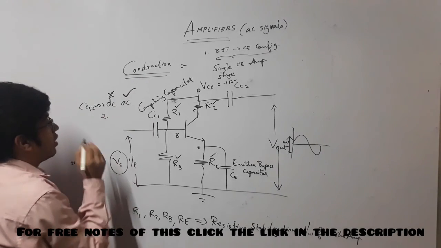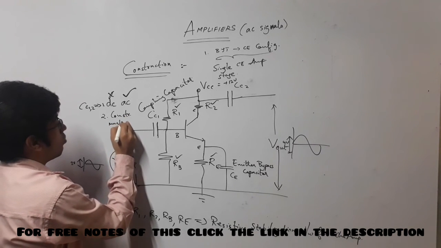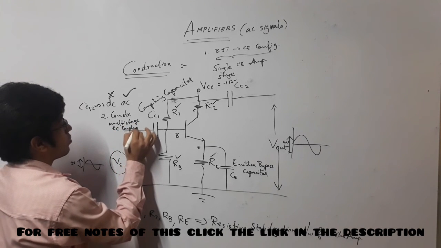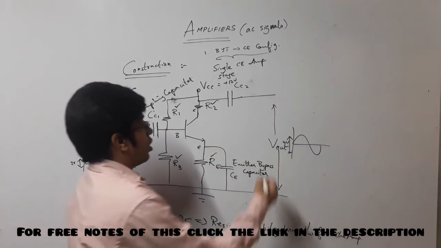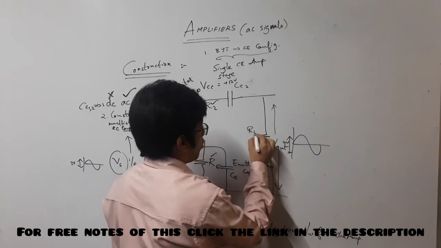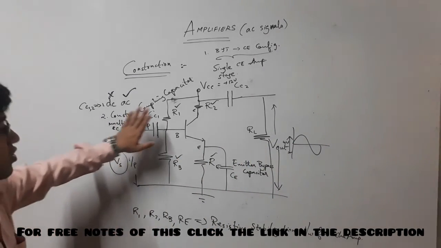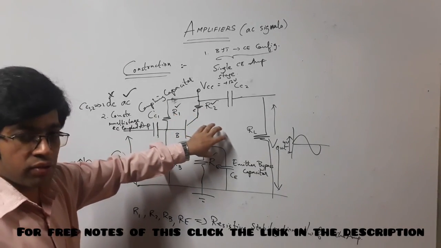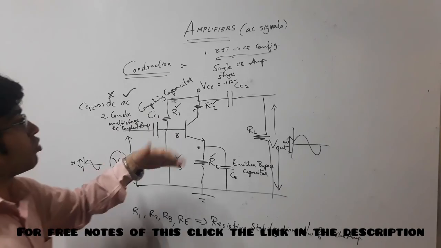And the second advantage is that it is used for constructing multi-stage RC coupled amplifiers. Multi means this is one stage, and you can have n number of stages. Now, here we also connect one load resistor RL, because we also need a load where the output can be delivered. So this is the basic construction and working. That is how the amplifier works in a single stage construction. That is very much necessary, because through single stage only can we proceed towards multi-stage.